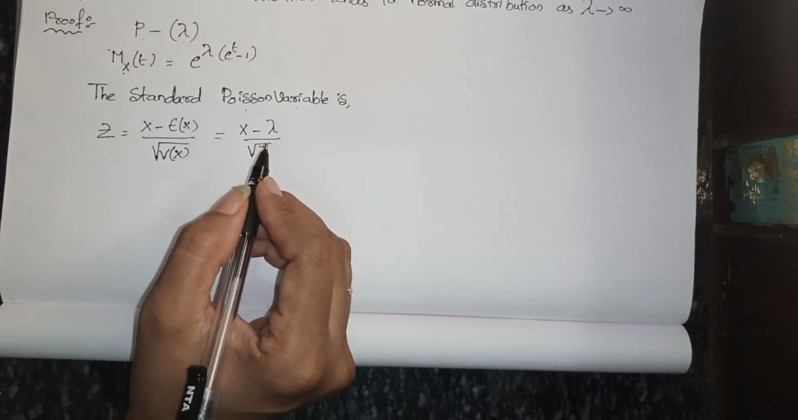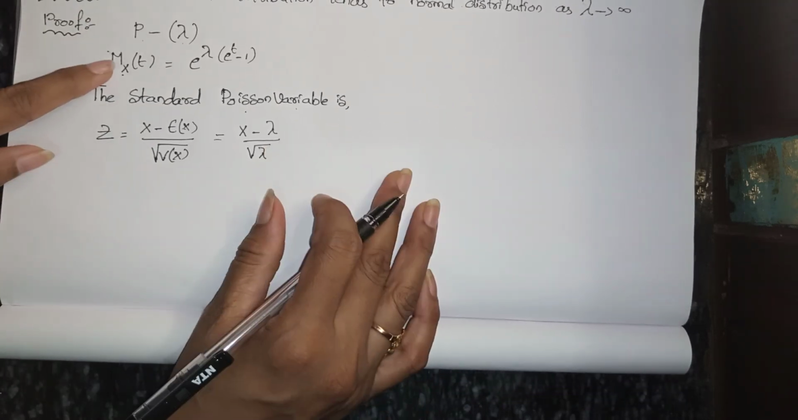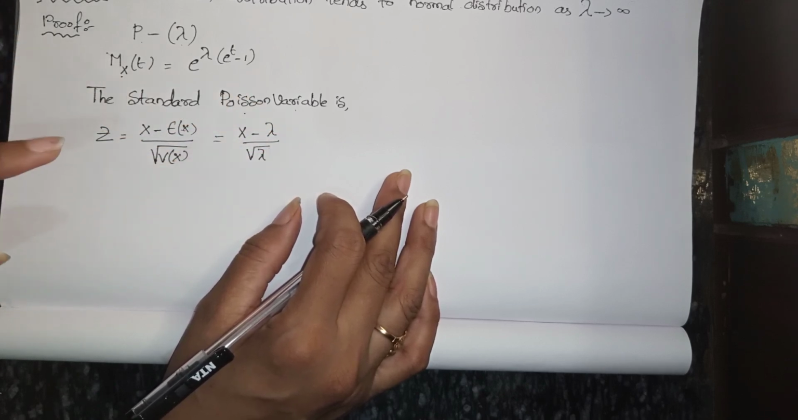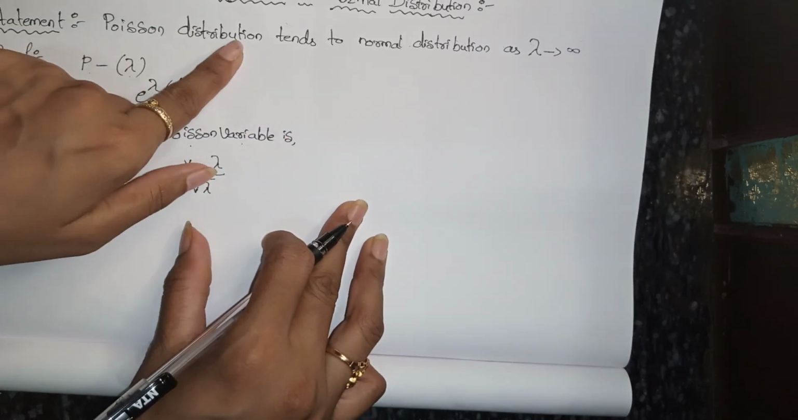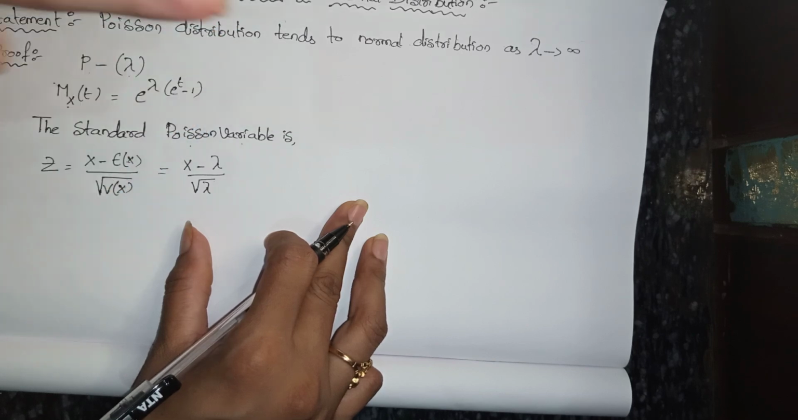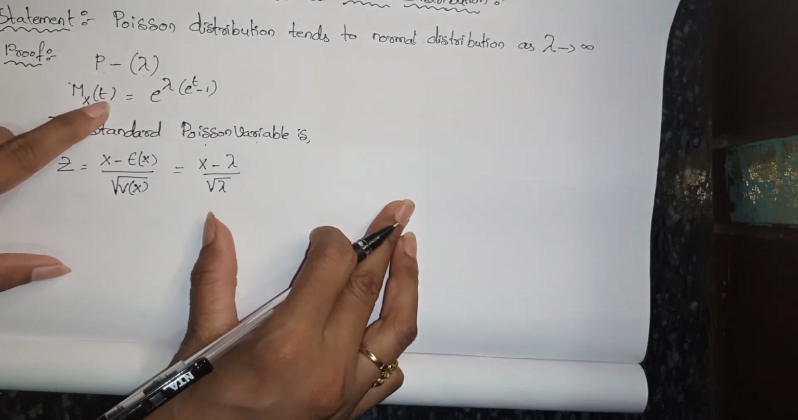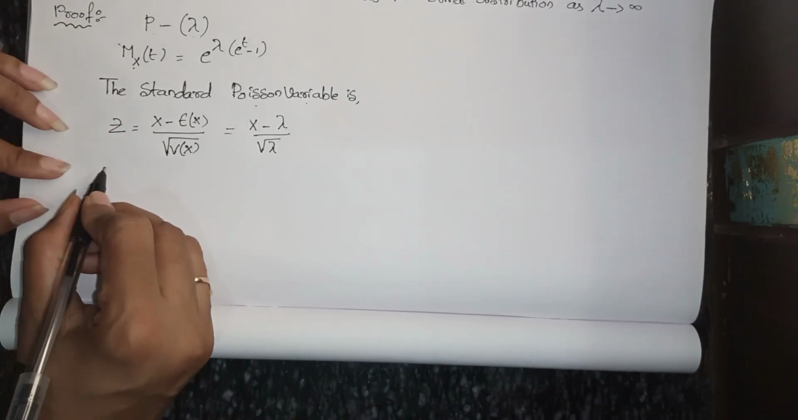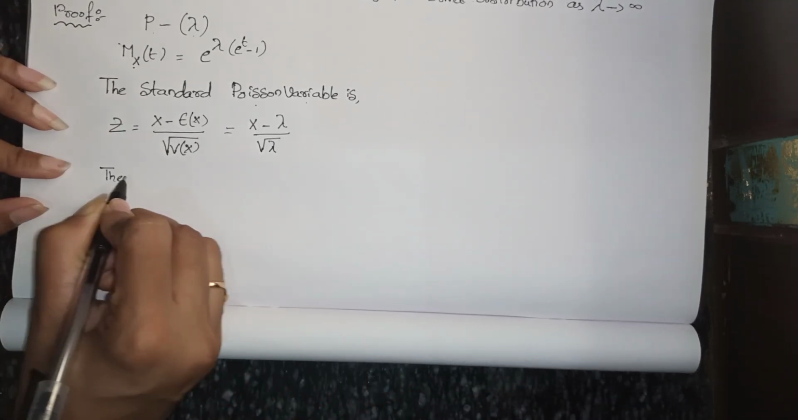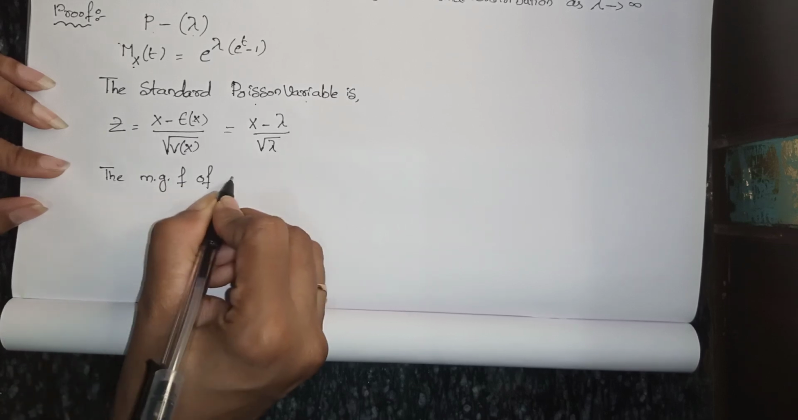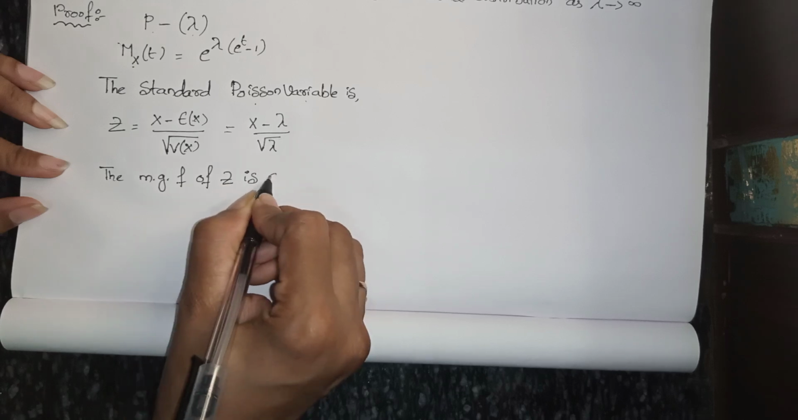Now what we have to do is write this moment generating function in terms of z. Why? Because we have the z value and we are discussing normal distribution, that means Poisson turns to normal. In normal we have the z variable, so the moment generating function should change into z. So the moment generating function of z is given by